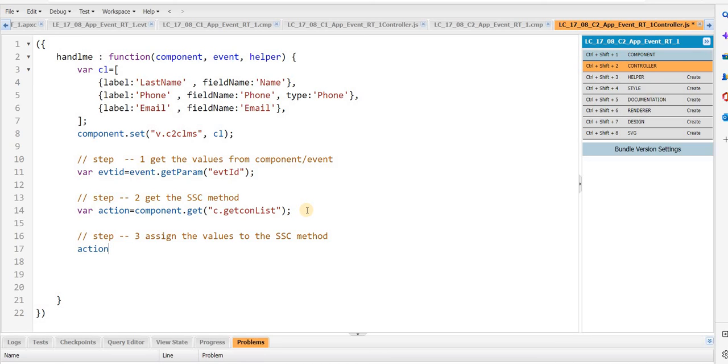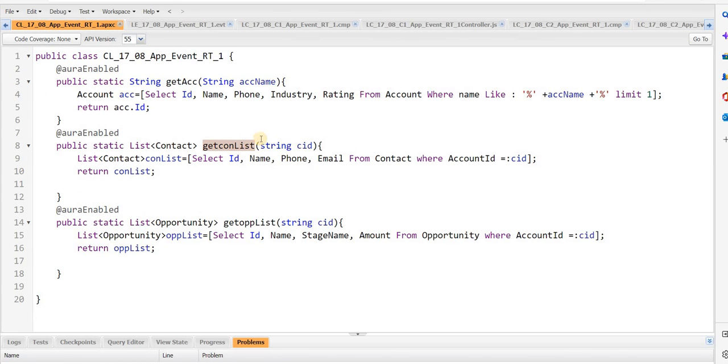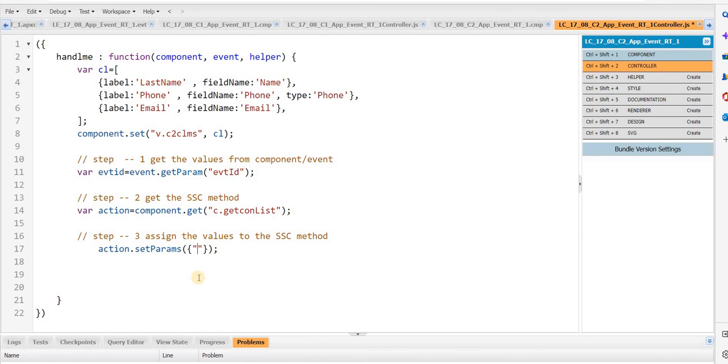Action dot setParams. It should be in JSON format. It is expecting cid, and we are passing it with the EVT ID. EVT ID, that's it. So next,